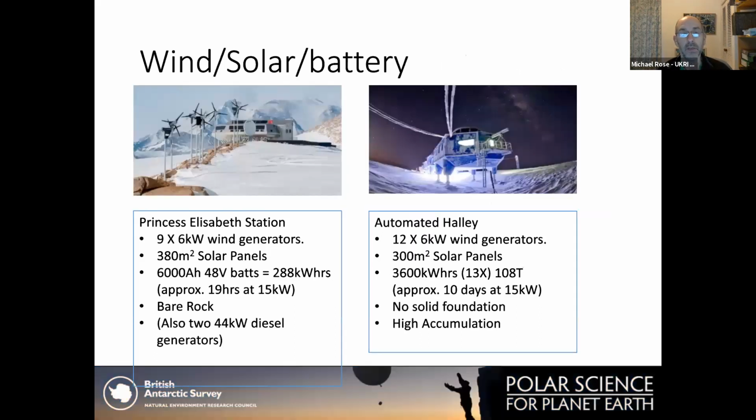I think it's worth just mentioning wind and solar combinations, because for a lot of people, they think that was the obvious way to go. Princess Elizabeth Station, run by the Belgians, is a good example of a station which produces a similar amount of power with wind and solar, although it does have some diesel generators as backup. But the key difference for Princess Elizabeth is that they do have access to bare rock, and it comes back to the accumulation problem at Halley,